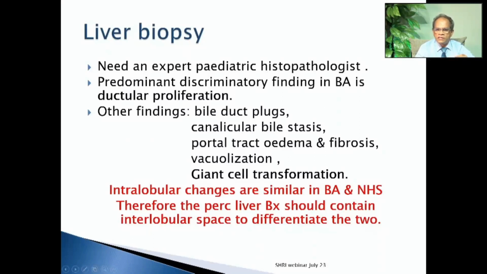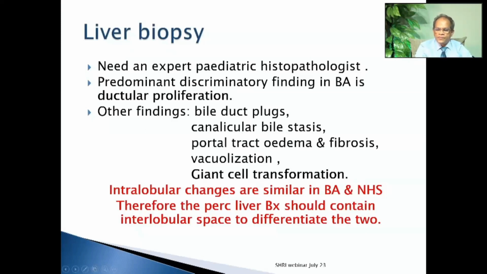Neonatal hepatitis syndrome otherwise has similar changes within the lobule. There can be bile duct plugs, giant cell transformation, fibrosis, all those things in a neonatal hepatitis, but there is no ductular proliferation. Between the lobules, near the portal triads, you will see the proliferation of small bile ducts, small microductules, and that is the characteristic feature of biliary atresia, and it will not be seen in